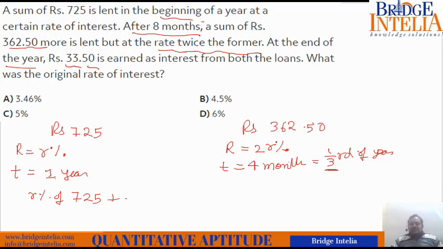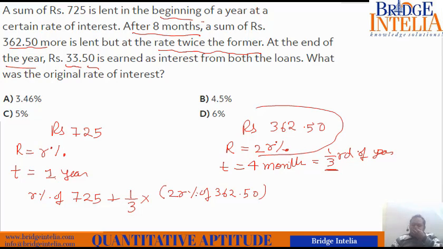So 1/3 of the interest for the entire year. The interest for the entire year is 2R% of 362.50. But the money was deposited only for 1/3 of the year. So this is the total interest that he is going to earn, and this is given to be equal to